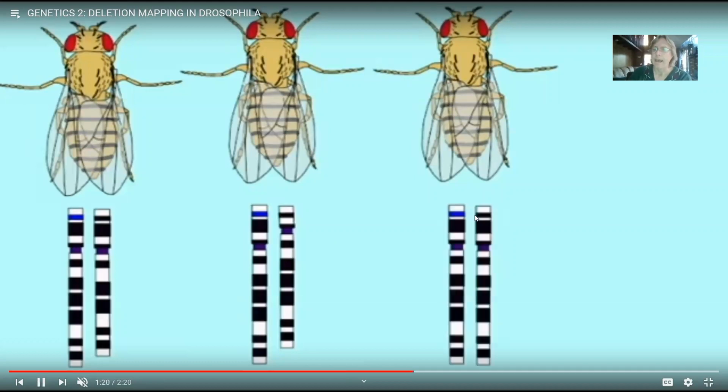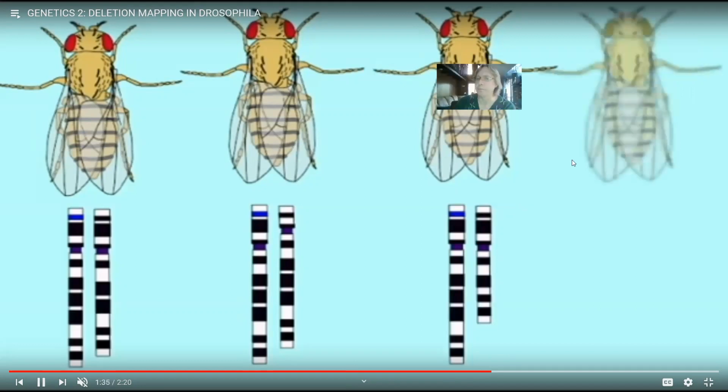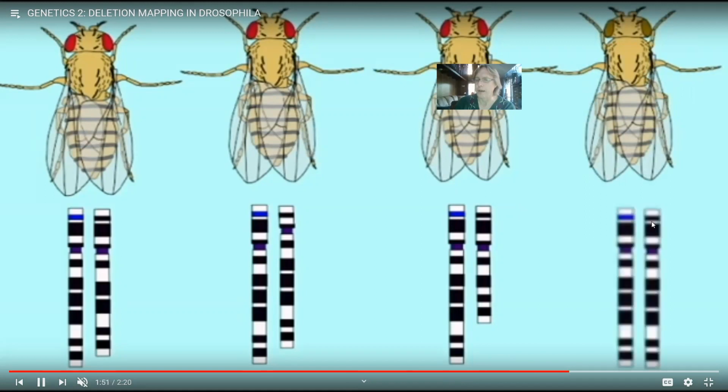If there's a deletion stock where the fruit fly is now missing the part of the chromosome where the gene is, now not this lineage because it lost this part, but if you were to lose this part, then you would see an example of pseudo-dominance, where the mutation would be expressed because even though the mutant gene is recessive, there would no longer be a good copy